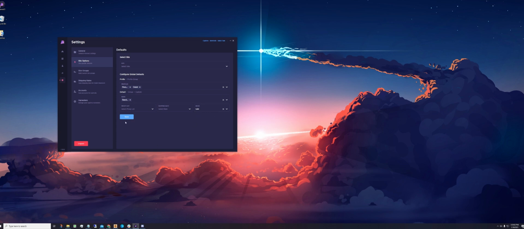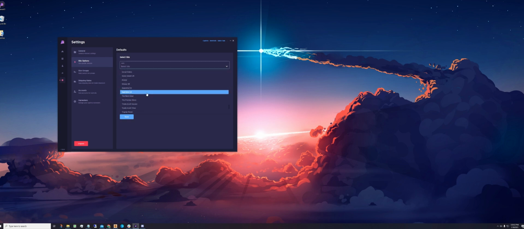And then finally, you want to make sure that you click save so all your defaults are saved successfully. Once you do this, you're ready to move on. However, since we're on the screen, we're going to also talk about the site defaults. So going back to our conversation earlier where we told you guys not to use shipping rates, now let's go